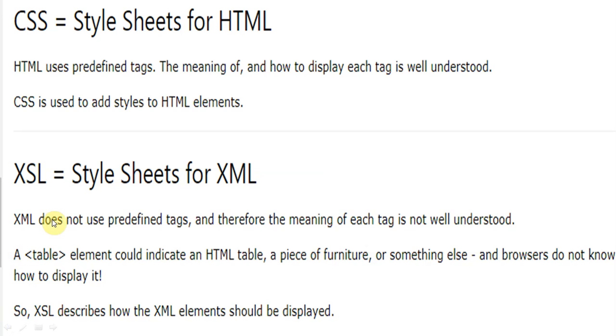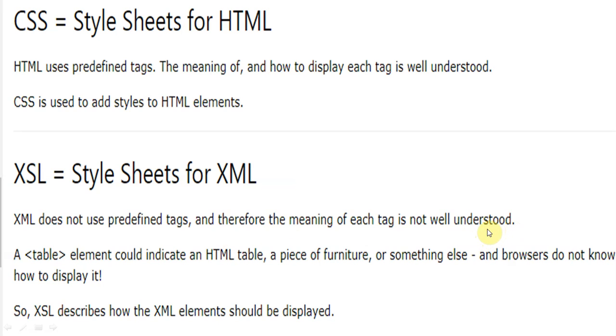XML does not use predefined tags, and therefore the meaning of each tag is not well understood.